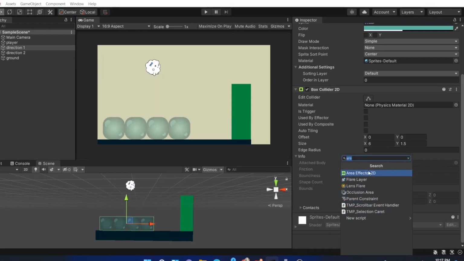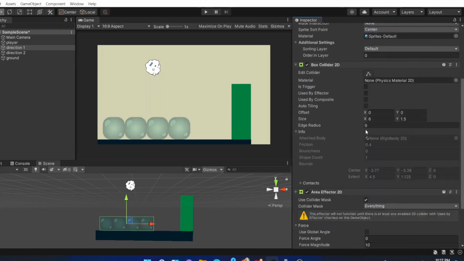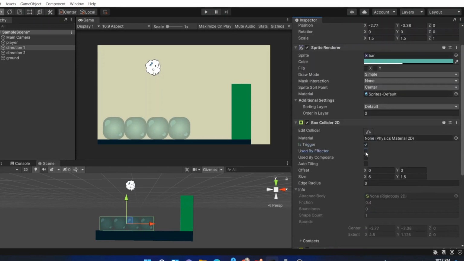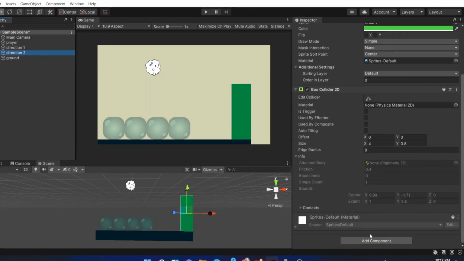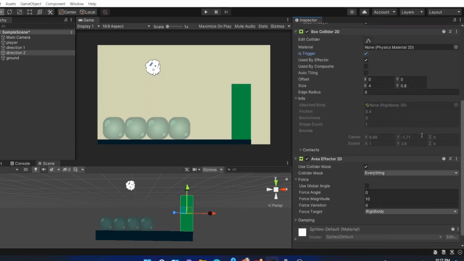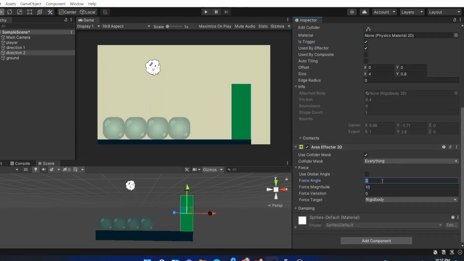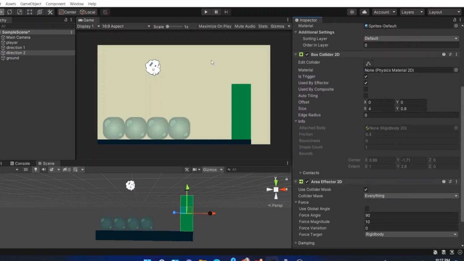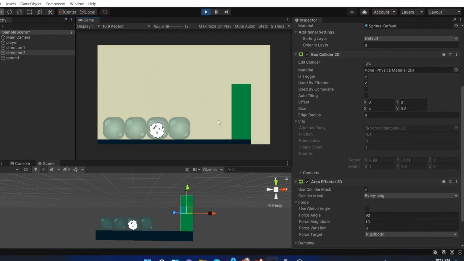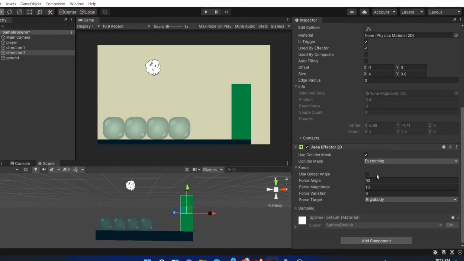Let's create two areas, one from left to right with angle 0, and one from bottom to upward with angle 90. As you see with the default value of magnitude, the target cannot go upward, because I think the force is not enough to push it on.